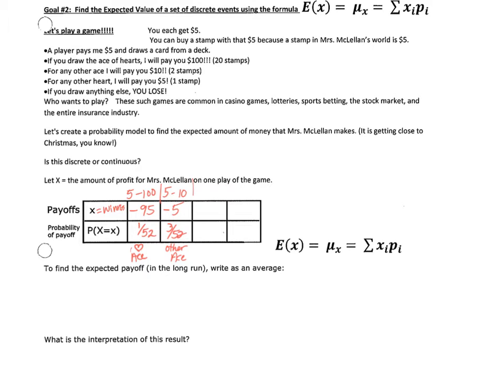And then, as just a review, because I have to fill in this chart for us. The other one was the other hearts, and how many other hearts are there? 12 left, and you give me 5, I pay you 5 back, so I have broken even. Okay, so I had a profit of 0, and then finally you give me 5, I give you nothing back, so I have made $5, and that's the rest of the time, the 36 remaining cards out of 52.